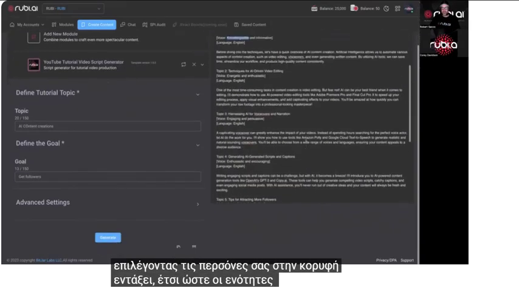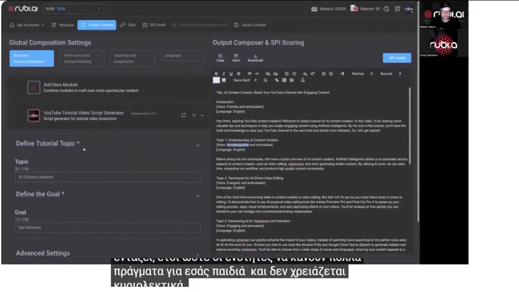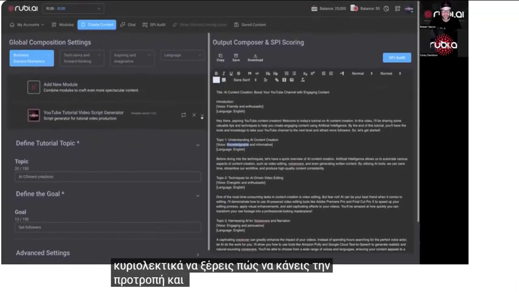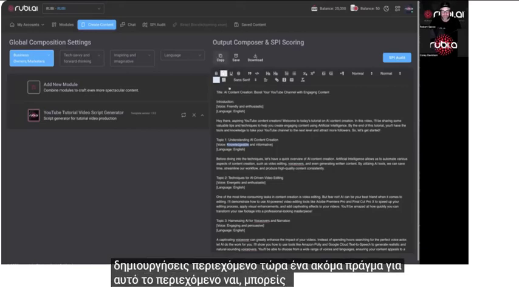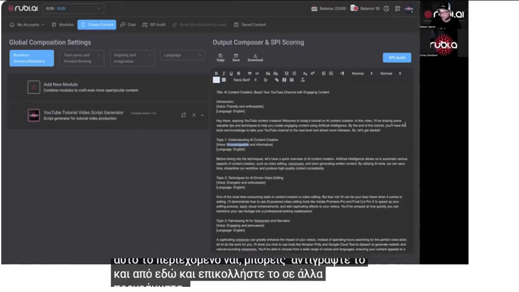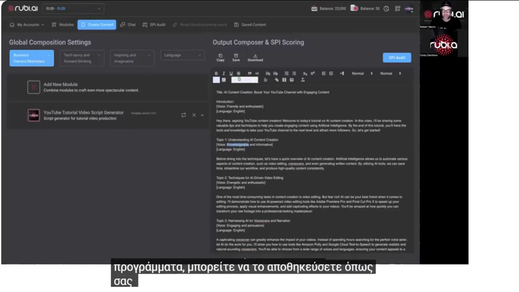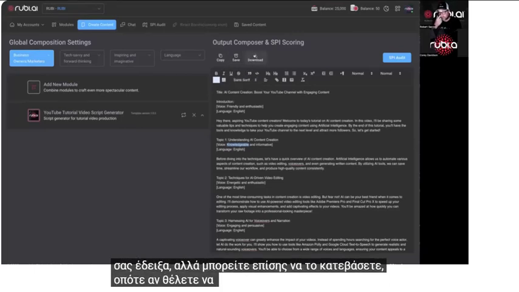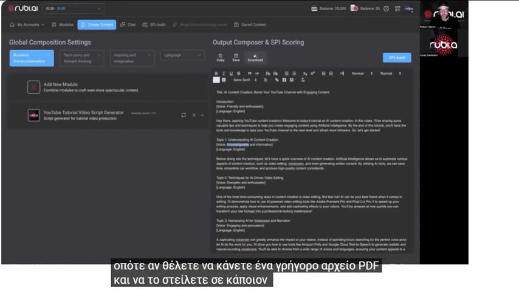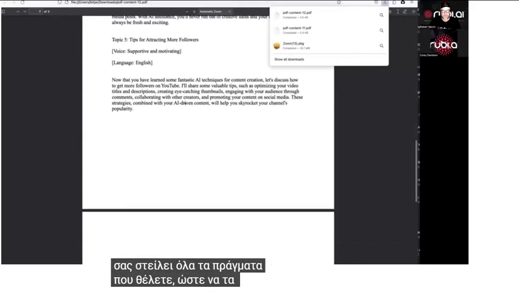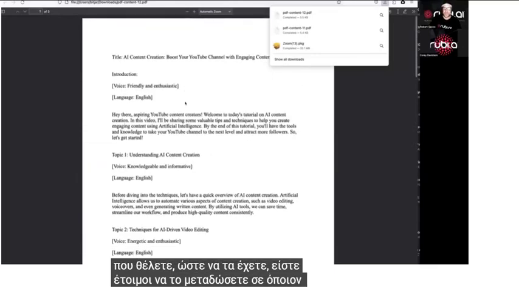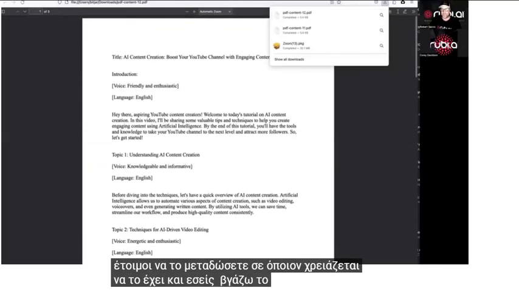Okay, so the modules will do a ton of stuff for you guys, and you don't literally have to know how to do the prompting. You just get in and use the modules and put them together and you're going to create content. Now, one more thing about this content. Yes, you can copy it from here and paste it into other programs. You can save it like I showed you, but you also can download it. So if you want to do a quick PDF file and shoot this over to somebody else, you can do that just by clicking the download button. It's going to send you out all the stuff that you want, so you're ready to pass it on to whomever needs it, and you're taking the content outside of